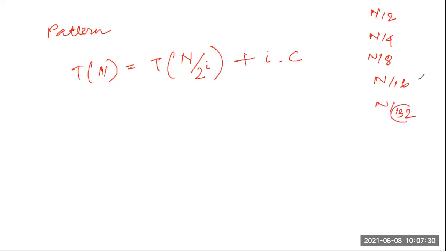This will go to a point where it will traverse all the elements, because it will gradually increase 2, 4, 8 and reach towards my n number of elements. So there will be a time where this entire n by 2 to the power i will diminish, and we will reach a time where there is only one element in our array,